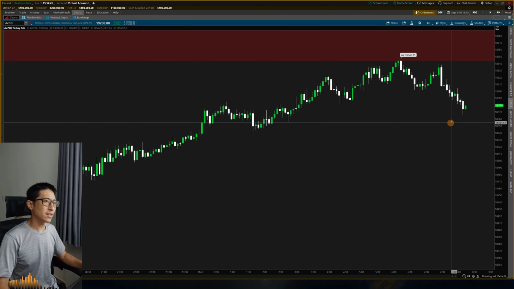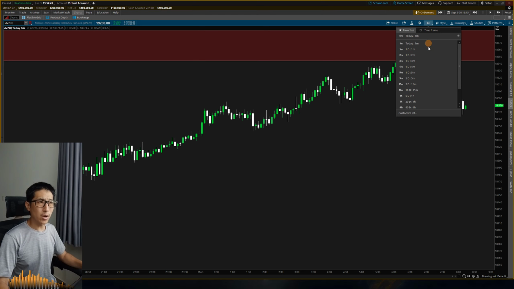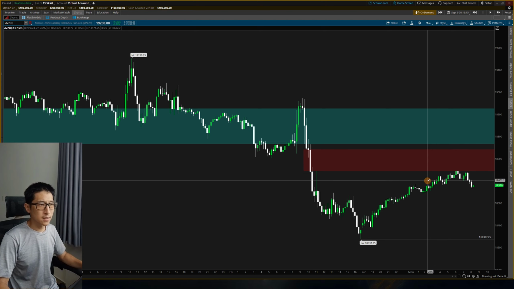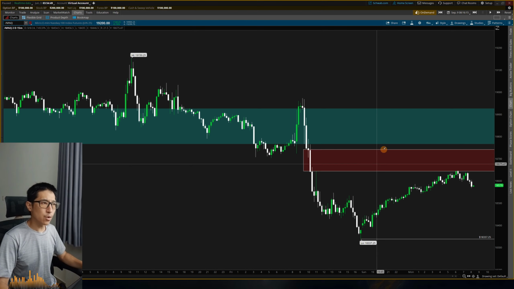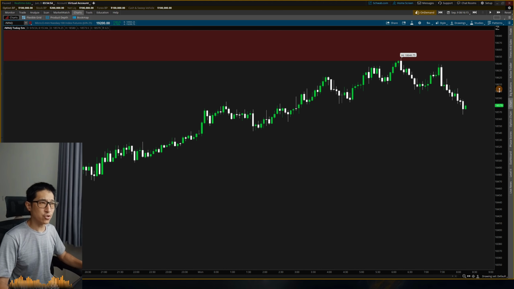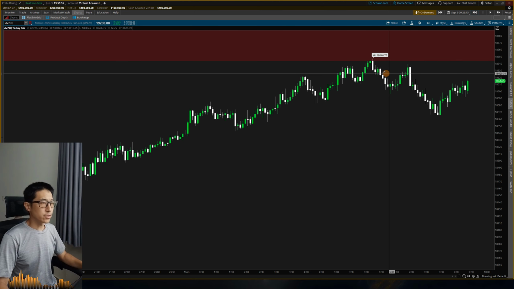8:30, 9:30, not exactly sure what I'm looking for. I'm actually going to take a look quickly at the 15-minute. Not seeing much, so we're just going to play by ear going into the morning action. All right, so I'm not seeing much before 9:30. This is a little bit before 9:30 right now.